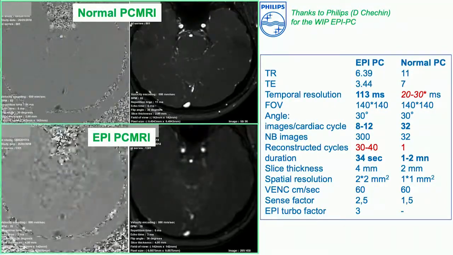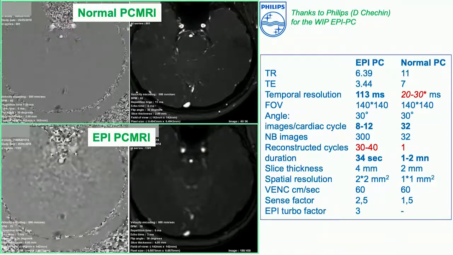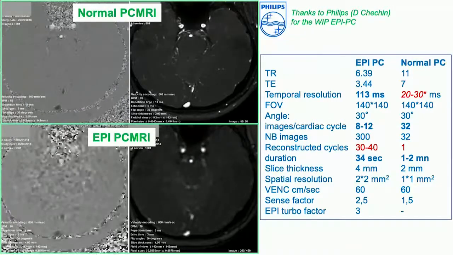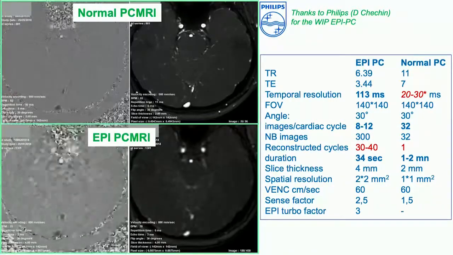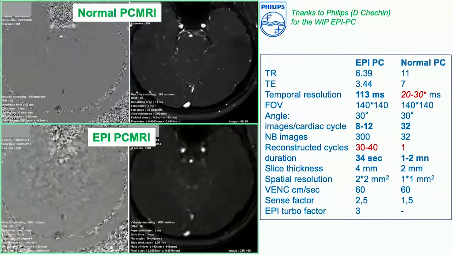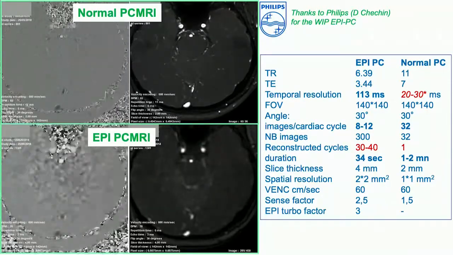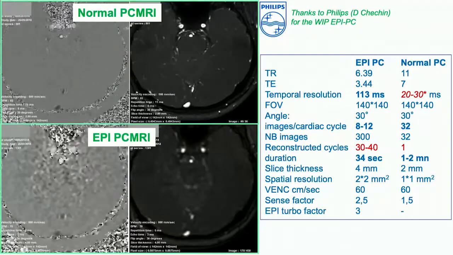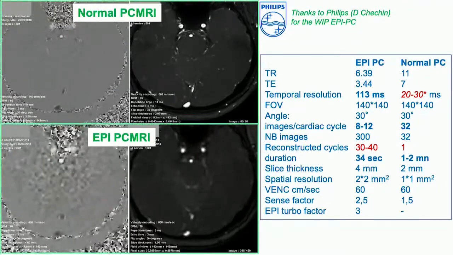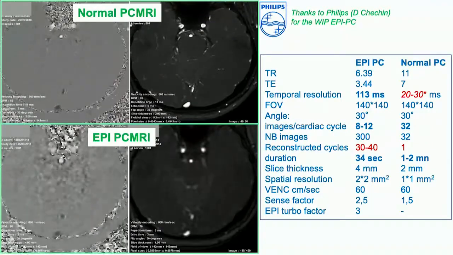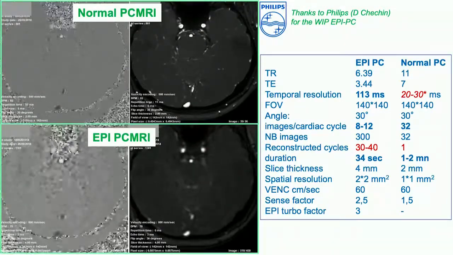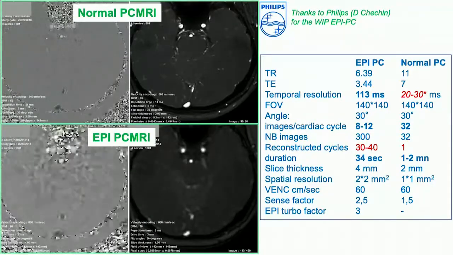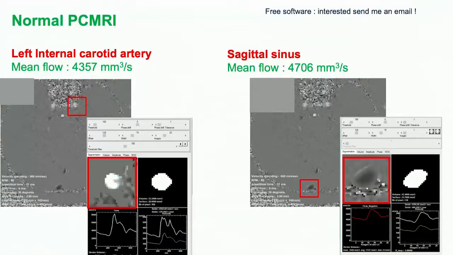This is an example of the two acquisitions. We can see the different parameters, and what is very interesting is that you can select whether you want information for 5 seconds, for 30 seconds, or for 1 minute. You can also adapt your spatial resolution to have an image every 100 milliseconds, for example. So from this new acquisition technique, we need a new